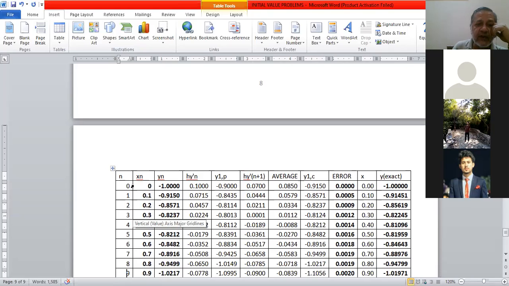N stands for the iteration number. First iteration is corresponding to x naught, y naught. That will ultimately produce a y1 corrected value. In the meantime, h times y prime at x1, y1 predicted. No, it's not. It's h times